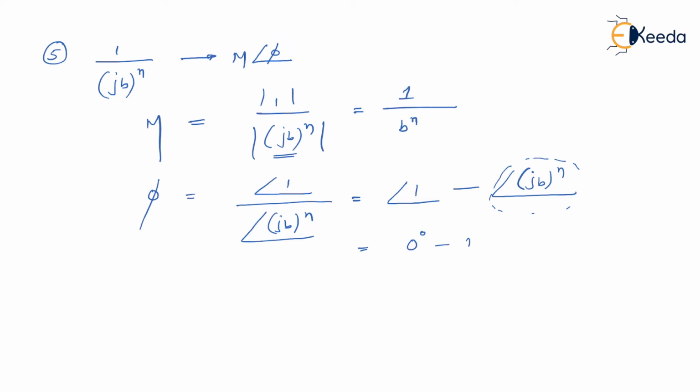You know that this n first of all comes here and it is the angle of jb, and you know that the angle of jb is nothing but 90 degree. So effectively I can write minus n into 90 degree. So by practice, looking at this number only, you will automatically write minus n times 90 degree. You do not need to follow that many steps. So what I'll do is take certain cases where I have to really calculate magnitude and phase, and once you become really comfortable with the same, it is even easier for me to make you understand in very simple steps. So I don't have to go into detail every time when I'll be solving so many problems together.